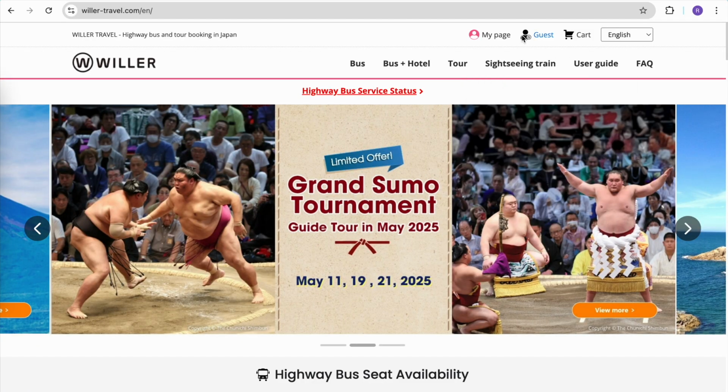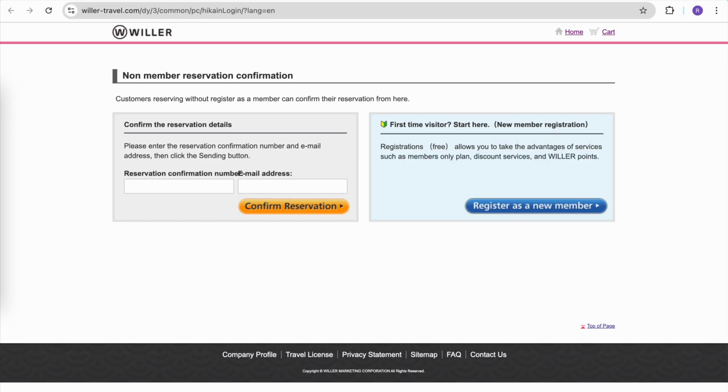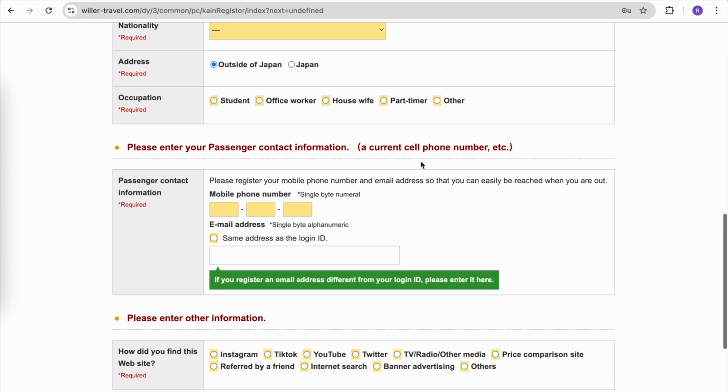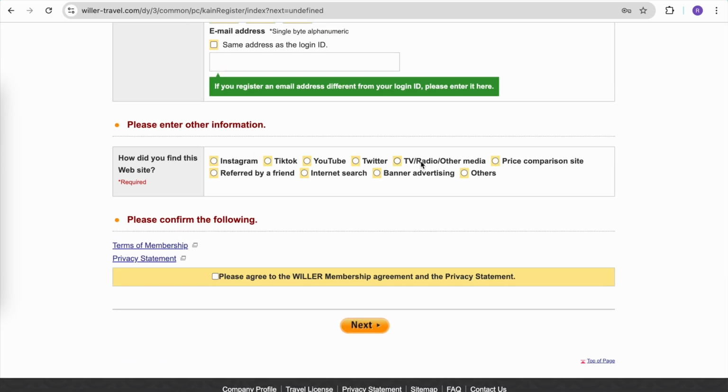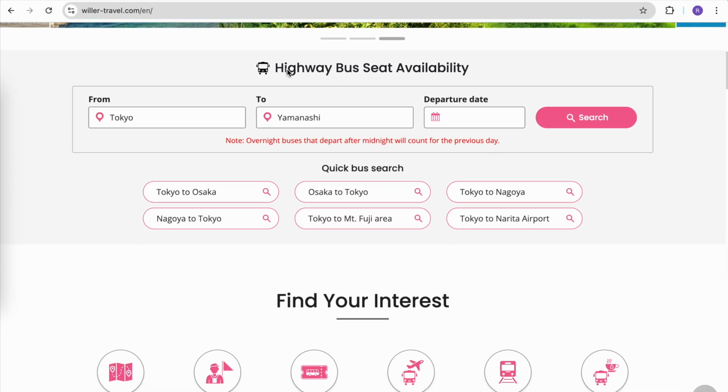So the first thing that you need to do is to click guest and register as a new member. Then just input your details to accomplish, then log in. After this, go back to the main page, scroll down until you see the highway bus seat availability, then input